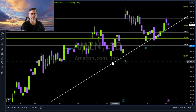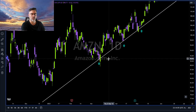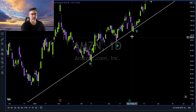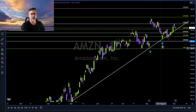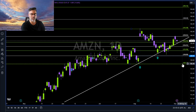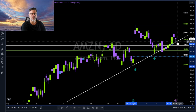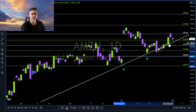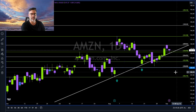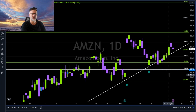Amazon, once again, retesting this white trend line. As you can see, this white trend line goes all the way back to the beginning of March. Held, held, held, held. Also here, bears try to break below, but bulls gain back the power. Went once again. Now this trend line needs to hold. Below it, 135.50. If you're looking to go long and you're not long yet on Amazon, in my opinion, and it's always only my opinion, always do your own due diligence,